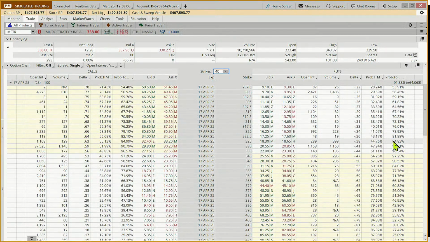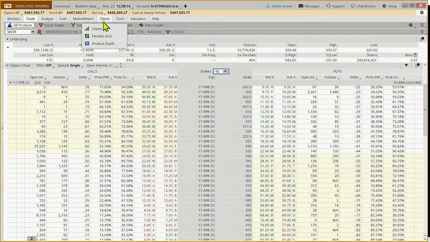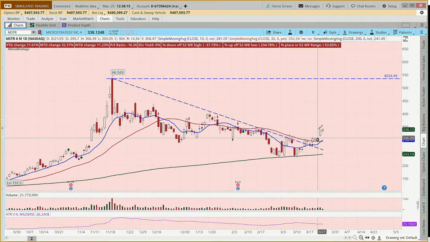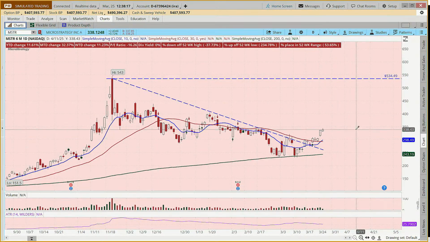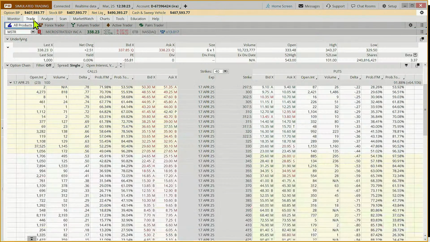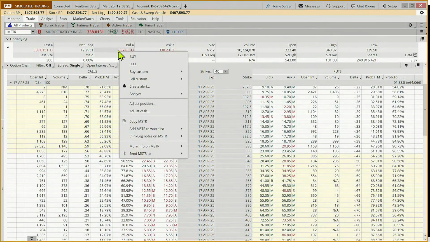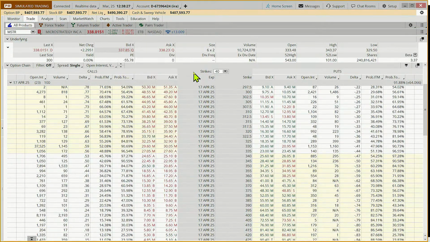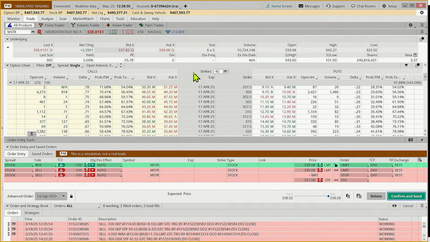Now, this isn't taking our technical analysis into account, but if we want a higher probability of staying in the trade by putting in a stop that gives it more room to move, you increase your likelihood of staying in the trade. And so we are going to come to the trade tab. We are going to right click, buy custom with an OCO bracket. We're putting in our target.